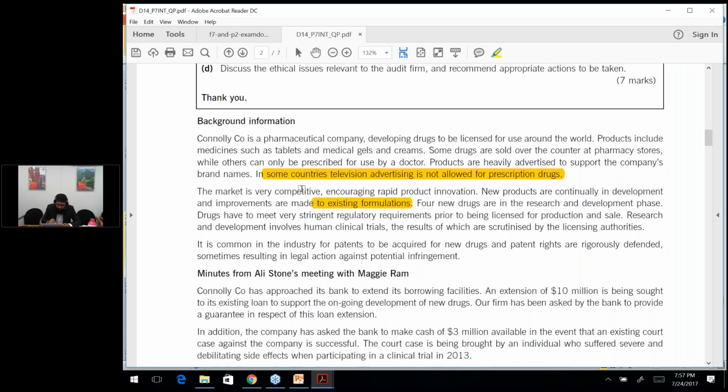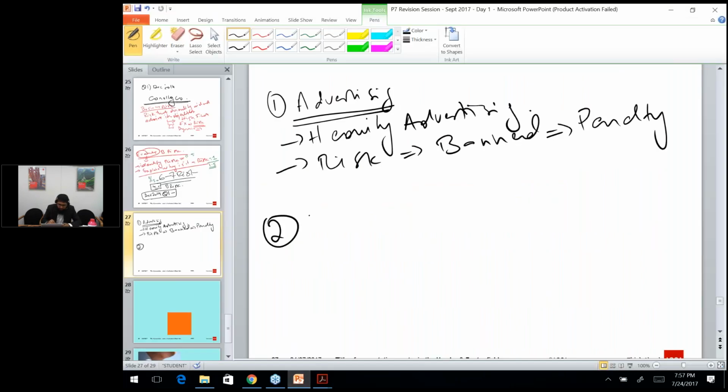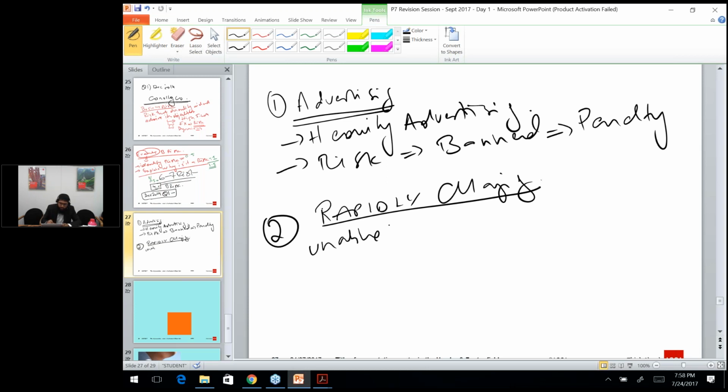Now, if you try to identify this thing, the market is very competitive, encouraging rapid innovation. So I could actually see that this is also a risk, which is that the market is rapidly changing. It's a dynamic market. The market is actually changing rapidly. That is a business risk. You would say, why is it a business risk? See, it's a business risk because if we are unable to meet the pace of change,